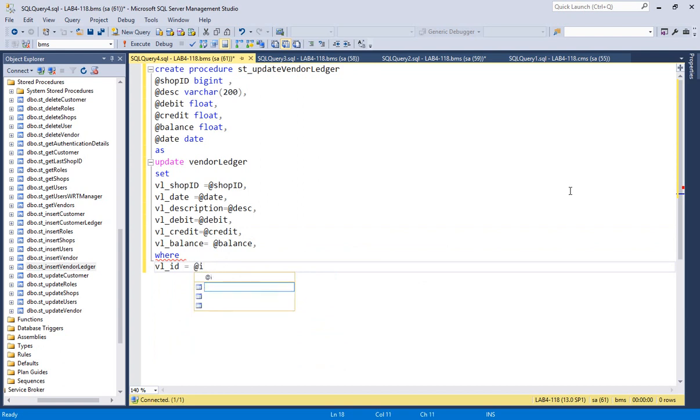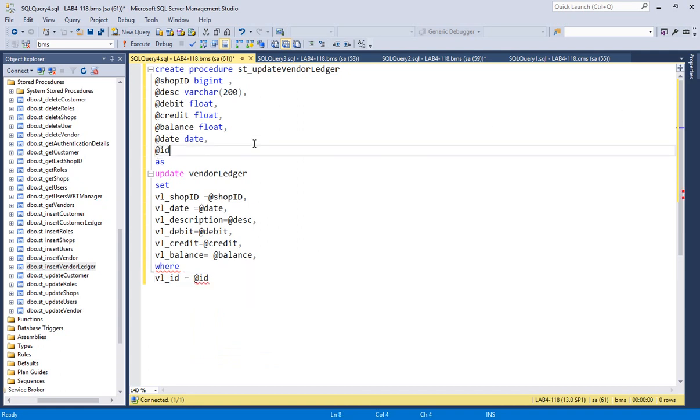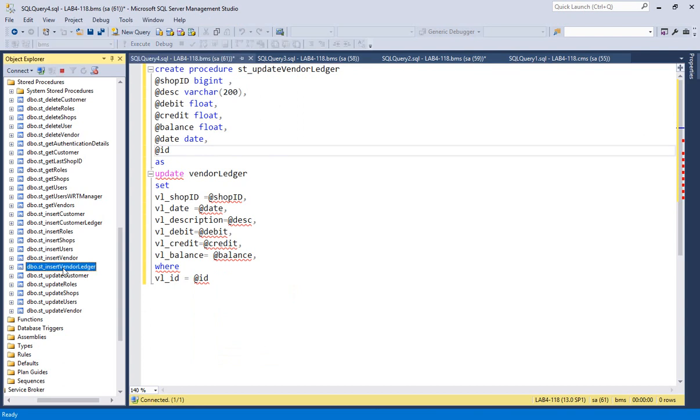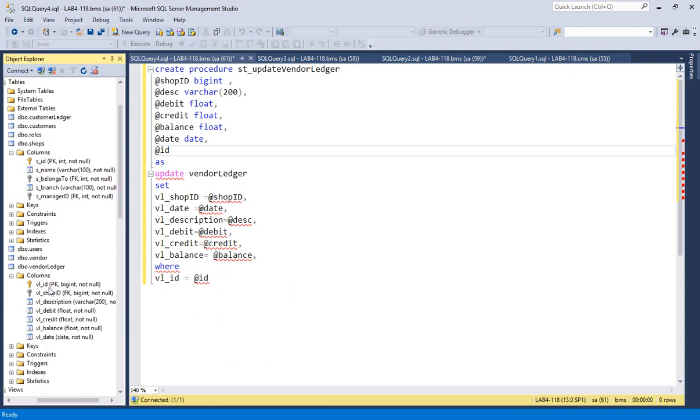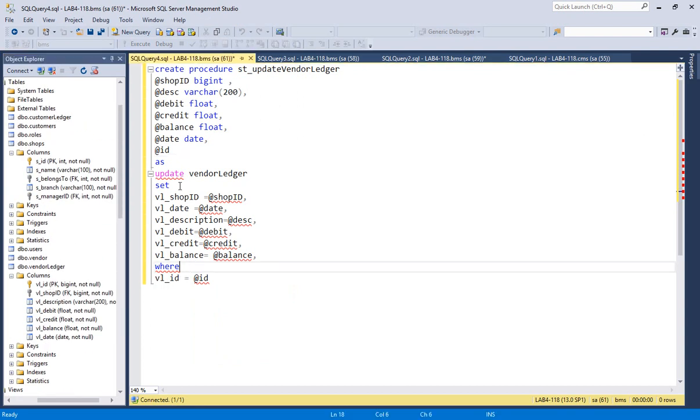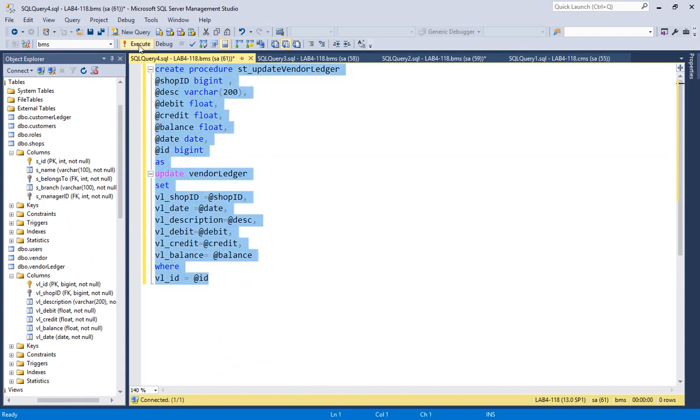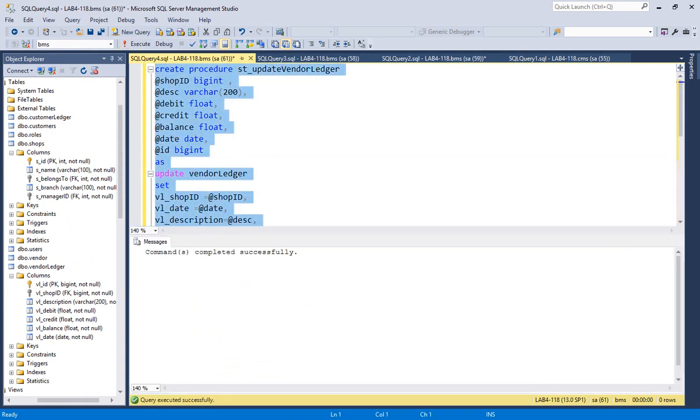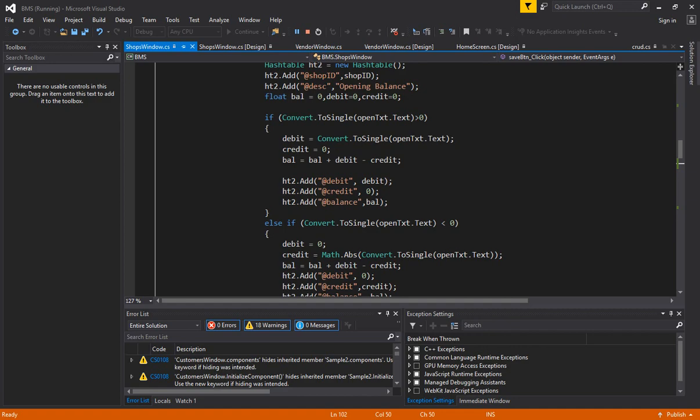So right here, ID, and now pass ID as a parameter at this point. And if you notice here in vendor ledger, if you see the ID, that is big integer, so you have to mention here big integer. Now it's fine. Remove this comma, and that's my update vendor ledger. So executed. Commands completed successfully. Let us come inside and stop the software,